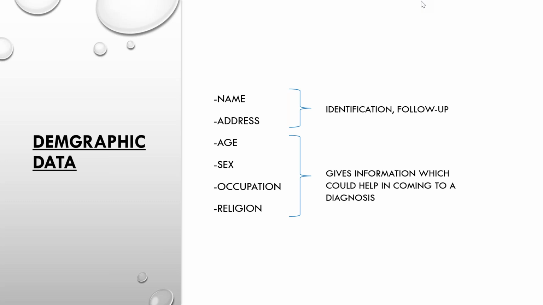So we will not know which Ram we are talking about, or what we are going to do with each of them, or what the treatment plan is for each of them. So you obviously have to know the name. You have to have the name on their sheets. You have to have their address, in case age and address will help you identify each patient if there are multiple patients of the same name.